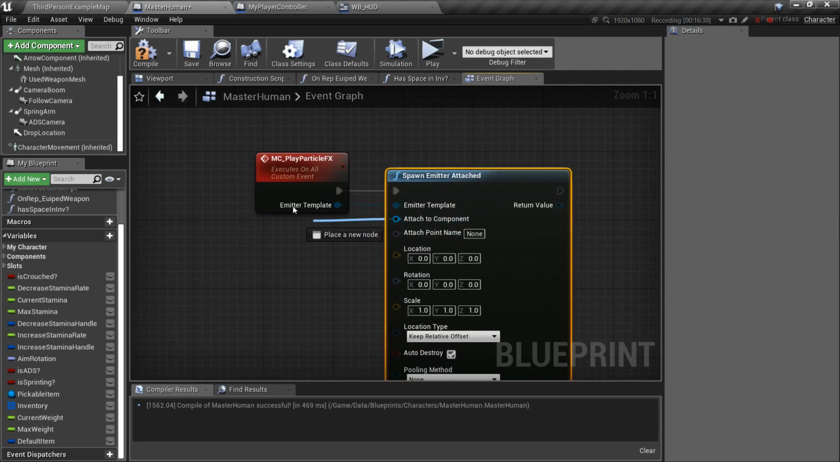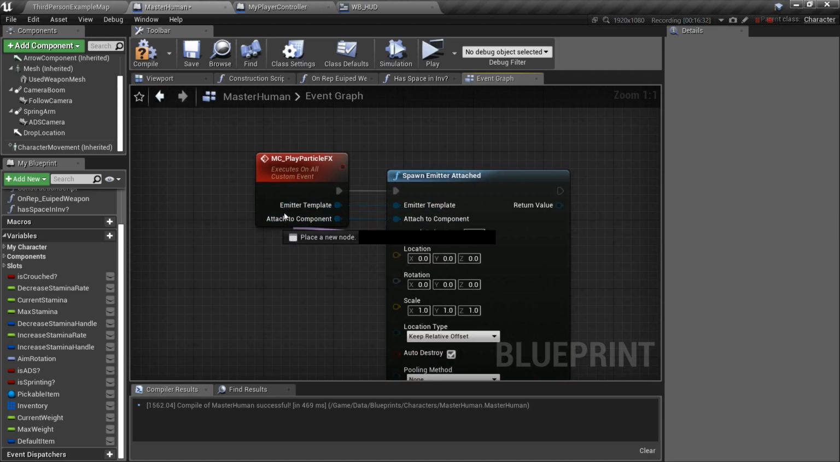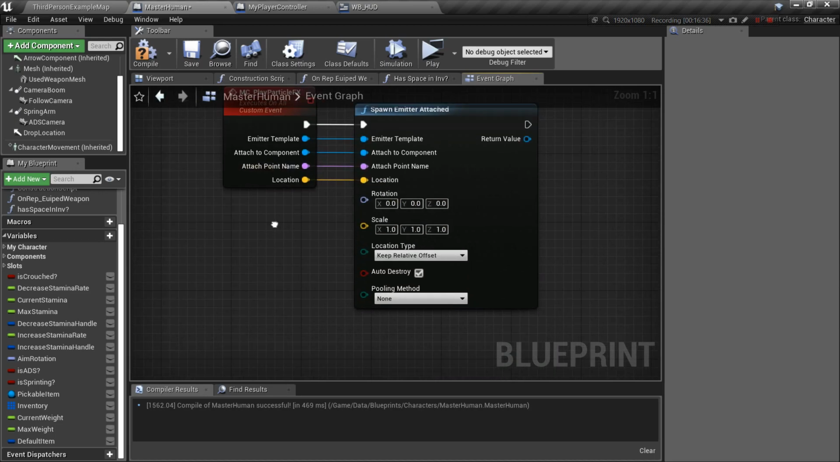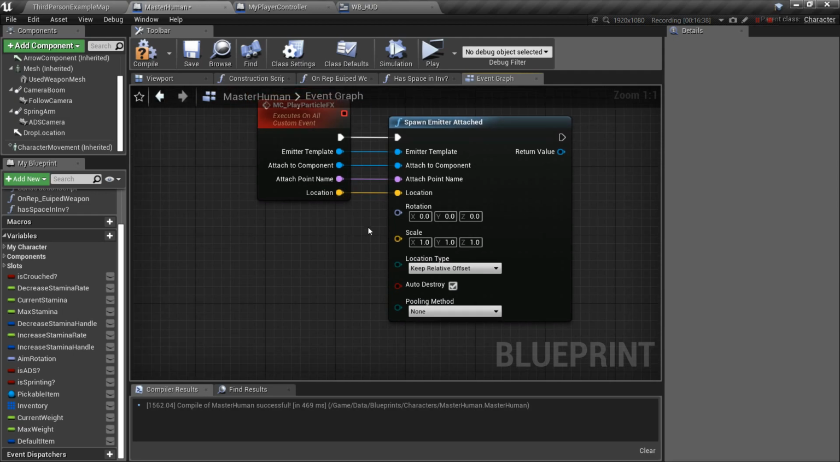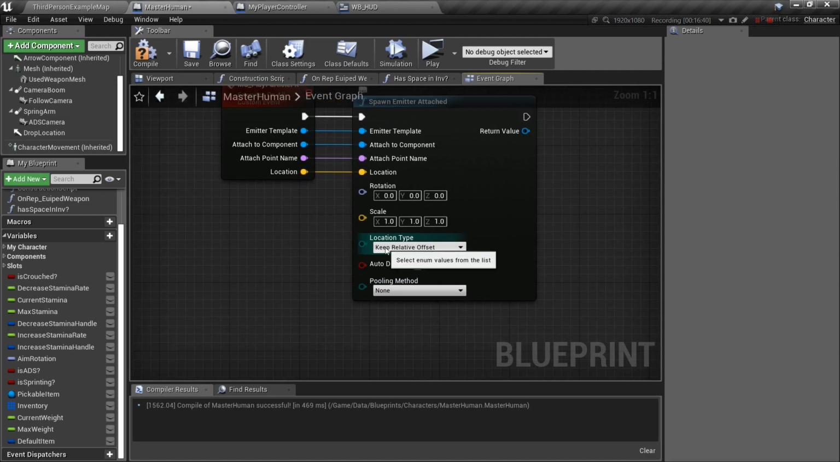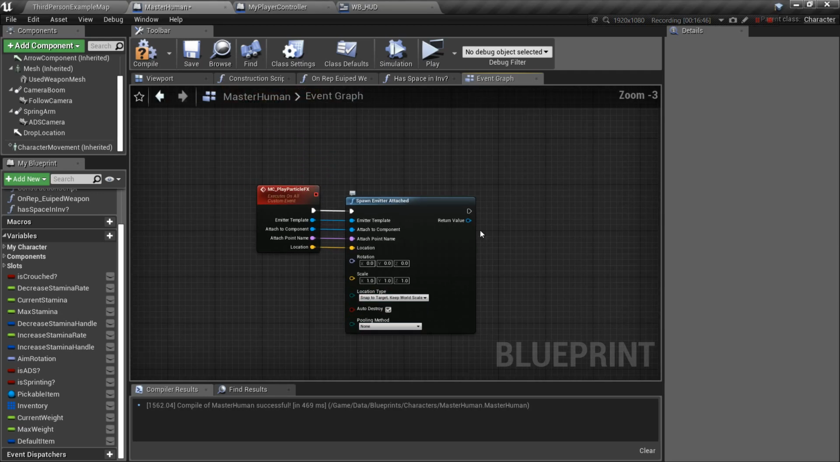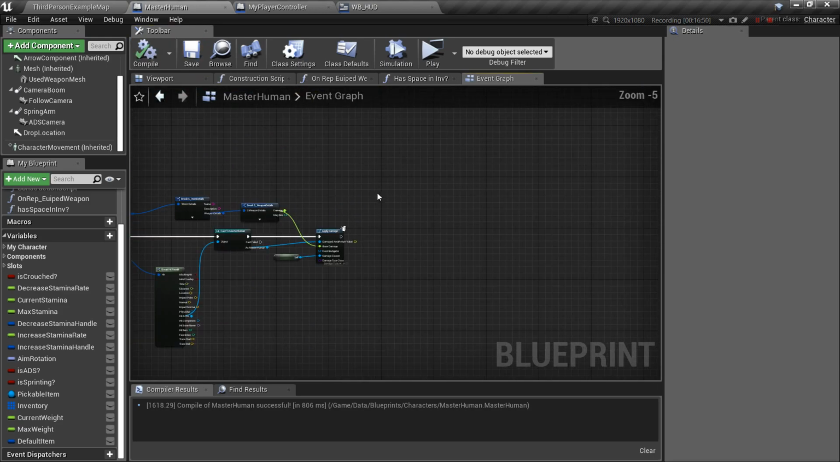Emitter attached to component, attached to point name, and then the location, we also want that. The rotation normally doesn't matter, neither the scale. And keep relative offset, we can snap the target and keep the world scale. I think that's it. Auto destroy, and that is okay. So let's try these settings, and now let's do